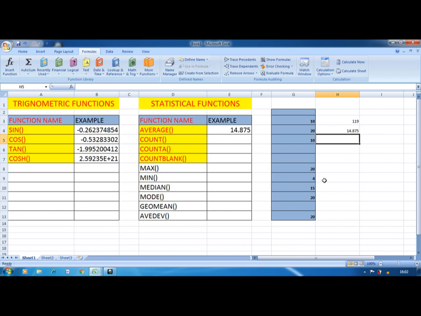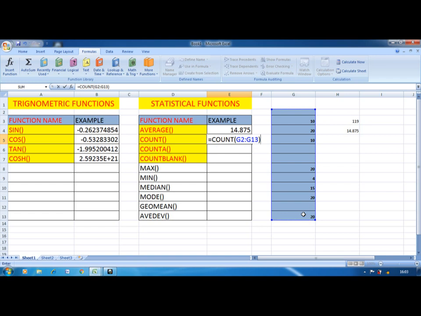The second function is COUNT. This function returns how many numbers are in the list of arguments. Again I will take G2 to G13.